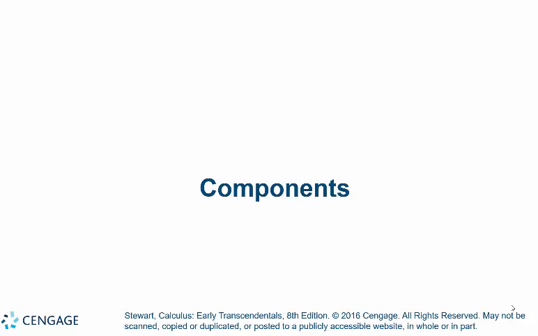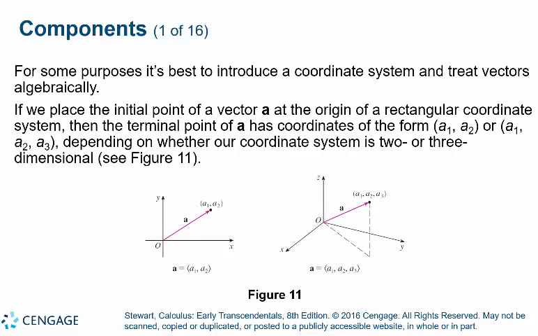Hi class, we continue our study in section 12.2 by talking about components of vectors and eventually moving into some vector arithmetic. For some purposes it's best to introduce a coordinate system and treat vectors algebraically. If we place the initial point of a vector A at the origin, as you can see here in two-dimensional space and here in three-dimensional space, of a rectangular coordinate system, then the terminal point of A is